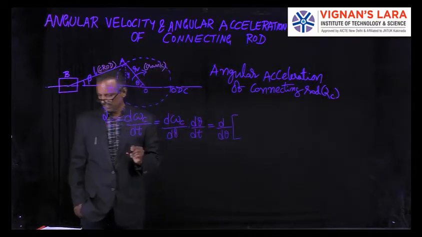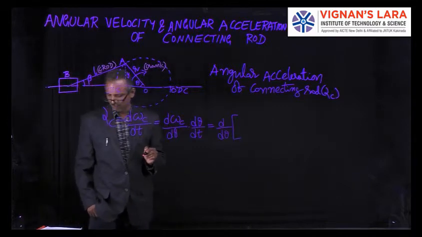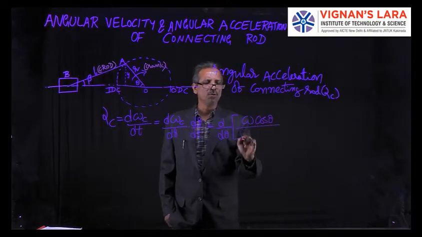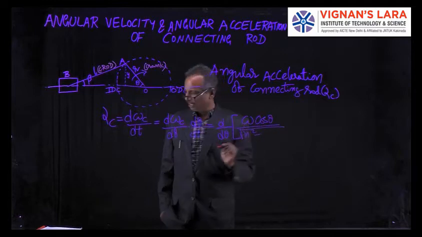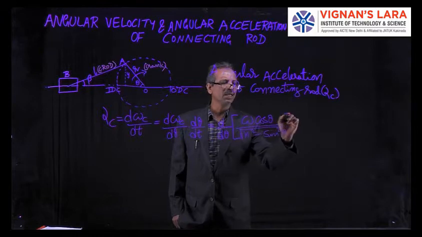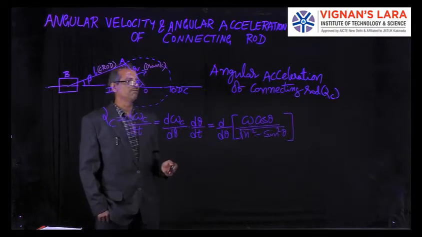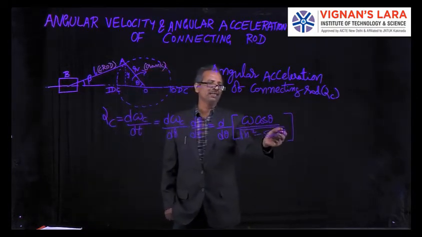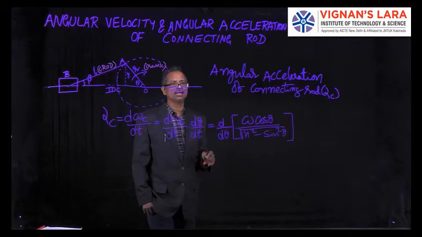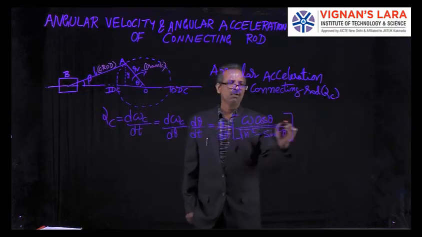What is omega c? We have written just now, omega c is omega cos theta by root over n square minus sin square theta. So without neglecting any term, I am writing the complete form of omega c. Just now we derived omega c, then we assumed the value of sin theta 1 and n is a bigger value. That is the simplified version, but I am using the original version. So omega cos theta by root over n square minus sin square theta. Then what is d theta by dt?